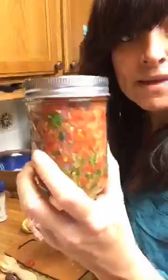I'm going to clean up the top before I put my lid on it. This is a raw food that you're eating. It's full of antioxidants. It's full of great, you can use, you know what, you can use whatever you want